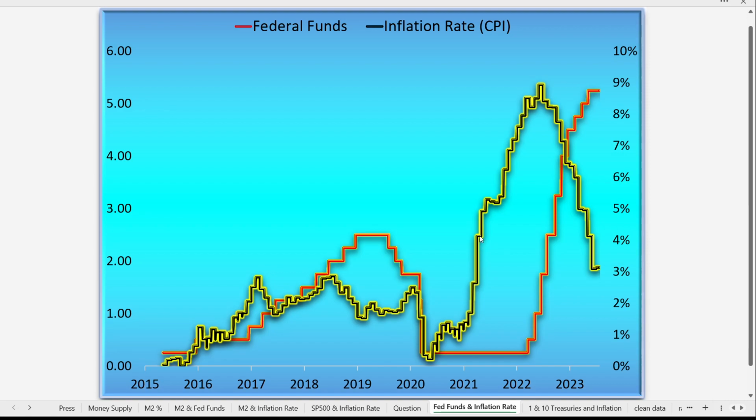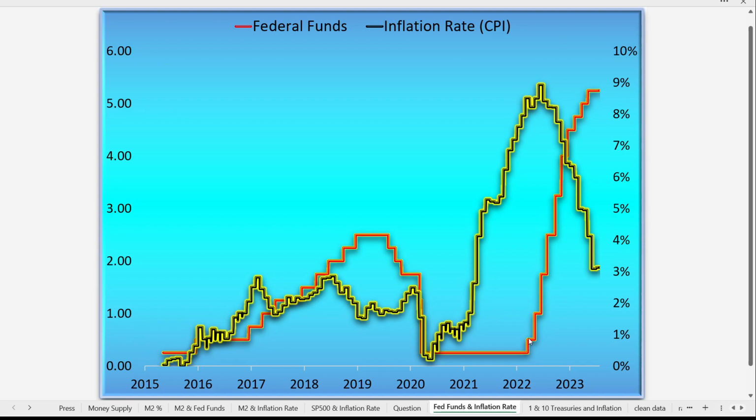We see inflation rates of 4%. What was that? April. 4.9% at the end of May. 5.3% in June. The Federal Reserve still did not raise interest rates. The Federal Reserve did not raise interest rates until